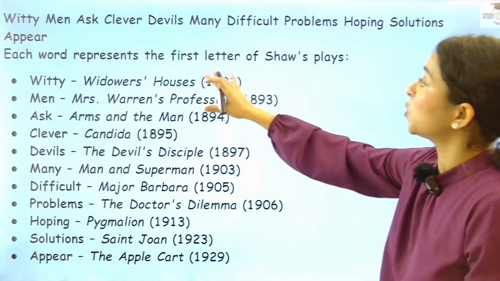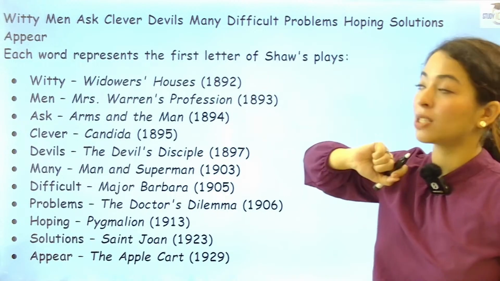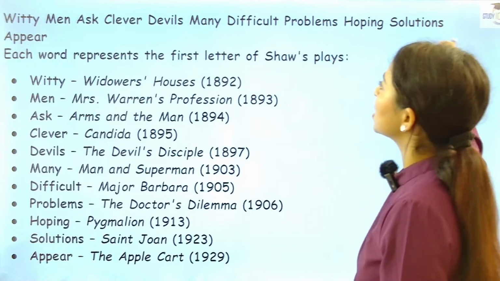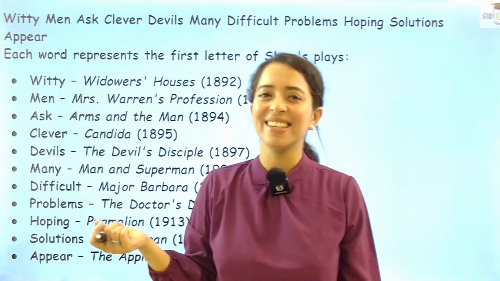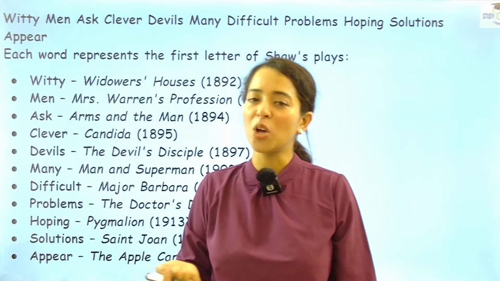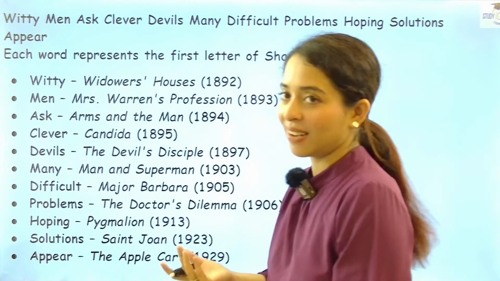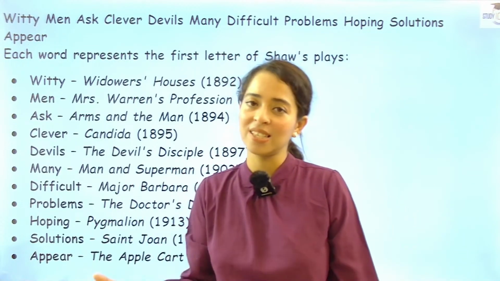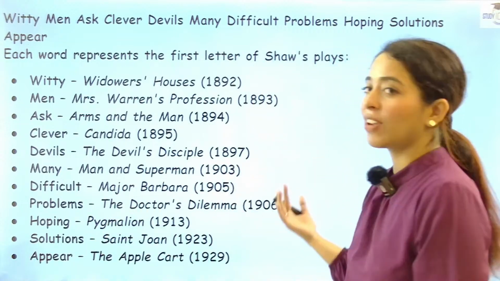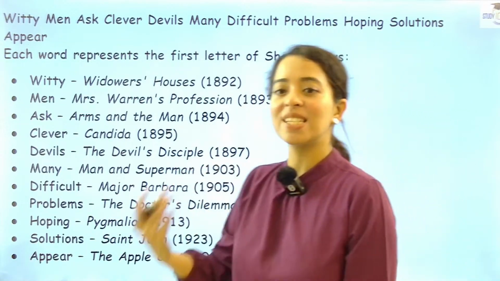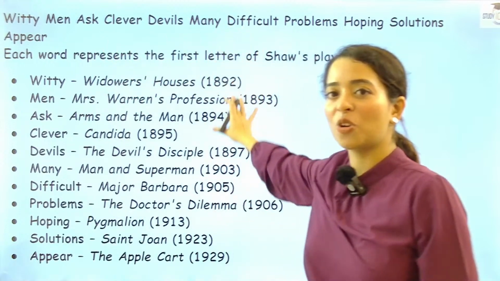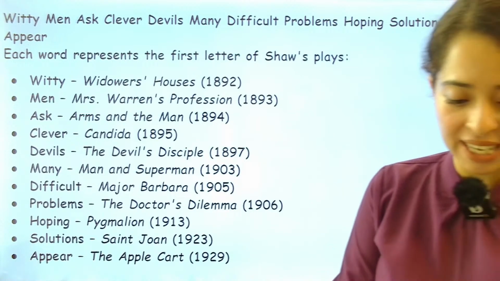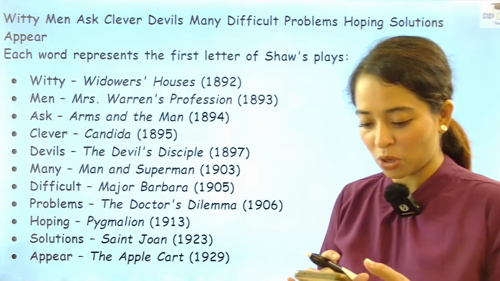अब देखते हैं, each word again represents the first letter of Shaw's plays. Witty men ask clever devils many difficult problems, hoping solutions appear. Easy sentence, right? GB Shaw बहुत witty था, तो witty men ask clever devils. Okay, devils are clever. Witty men ask clever devils many difficult problems, hoping solutions appear. Okay, ये sentence याद करो, chronology अपने आप याद हो जाएगी. Okay, I just hope that mnemonic की technique अगर अच्छी लगी तो मुझे comment section में ज़रूर बताना, so that I will apply this